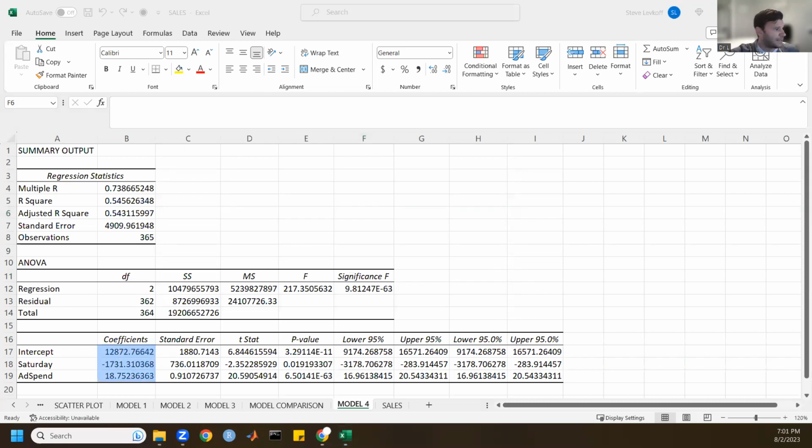I can write down the equation, right? Sales equals 12,872. That's the intercept plus the Saturday variable, which is either 0 or 1, times the coefficient minus 1731, point, etc., plus the ad spend variable times 18.75. Okay, that would be the equation, right? That gives me the equation of the regression line, which is useful if you want to plug in counterfactual observations